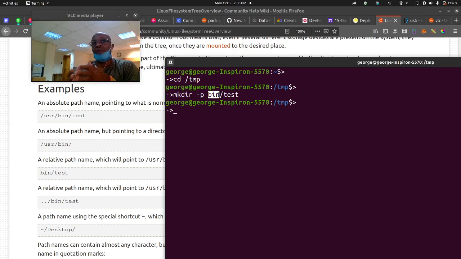So, but if I know it's not there, but I want to create a series of parent directories leading up to the current directory I'm trying to work on, then I pass in the -p option. When I do that, mkdir would look for a bin directory. If it doesn't exist, it creates it before creating a test directory. So let's change into those directories using a relative path and also using the